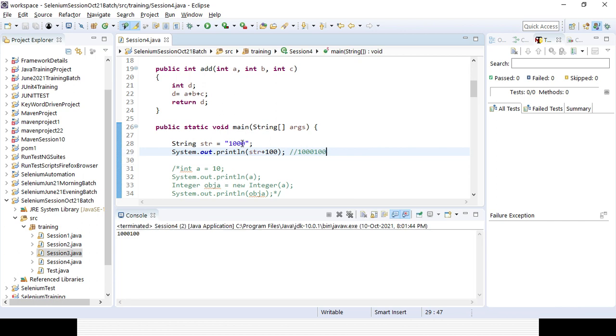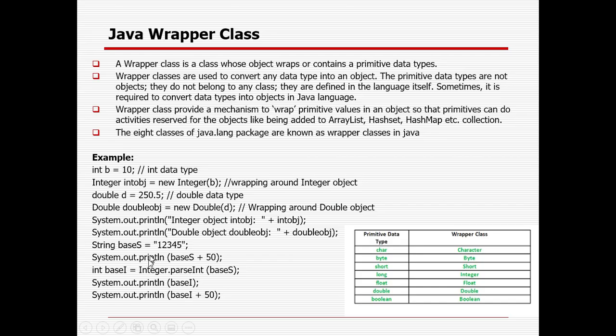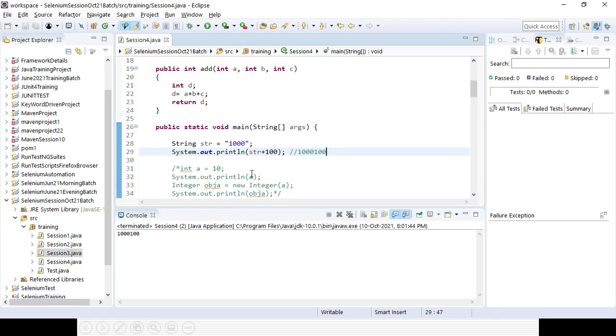Sometimes you define something as a string but it contains only a numeric value, and if you want to convert that string to a numeric value and then perform any operation, you have to use the parse method. I can convert that string using parseInt. Let's create another variable.